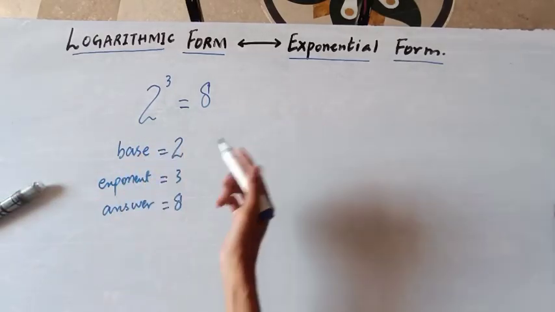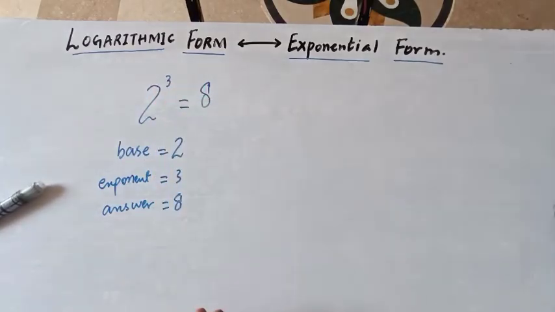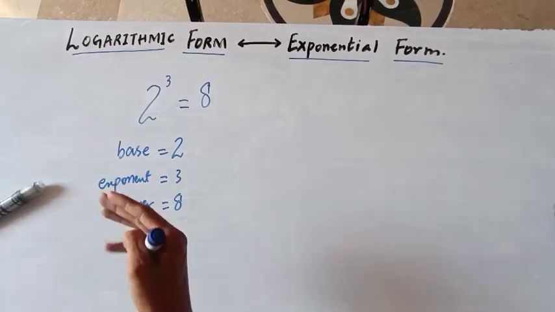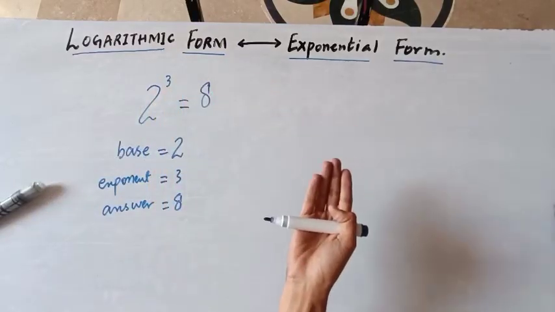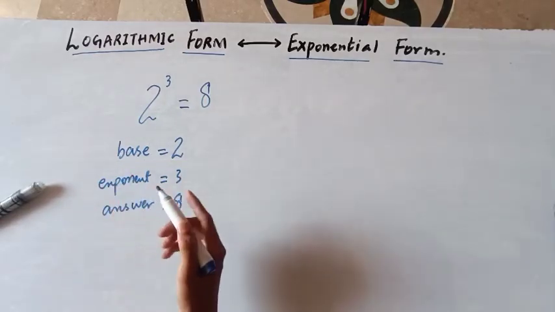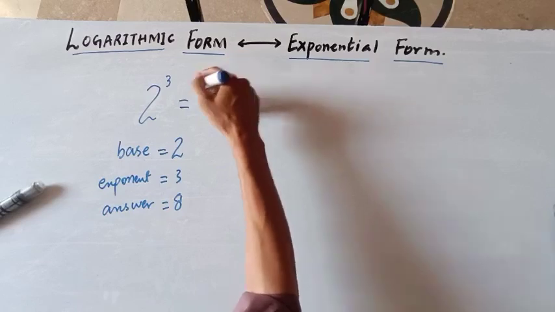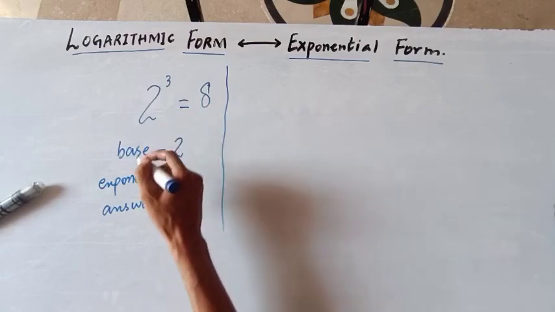That's why it is called exponential form, because there is an exponent or a power shown over here. Now logarithmic form is another way of writing it. As in English we say forms of verbs, the meaning does not change, only the way of writing changes. So logarithmic form is another way of writing exponential form. There are some uses of it, we will discuss them not right now, but if I convert this particular example of exponential form to logarithmic form,